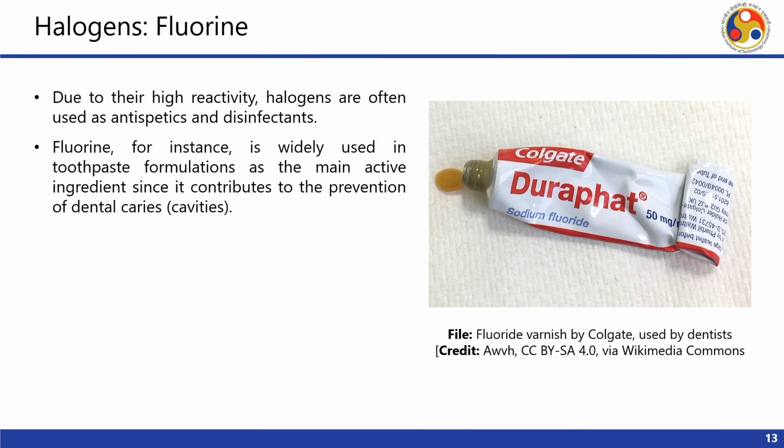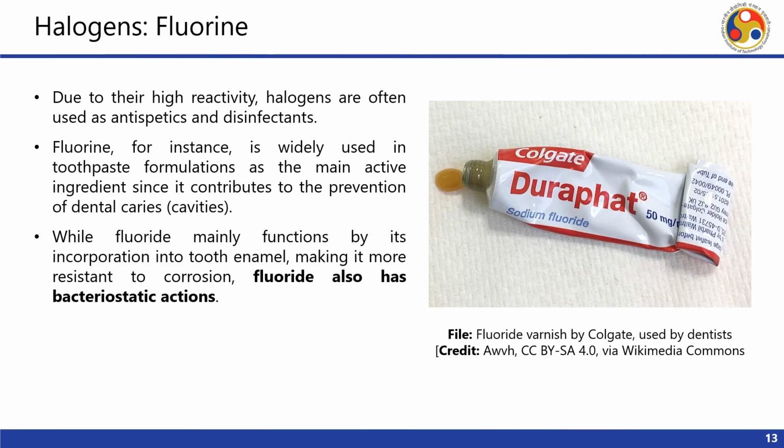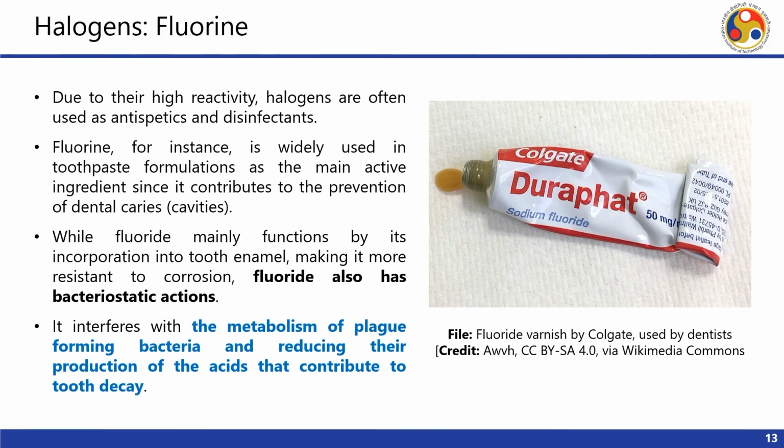Fluorine, for instance, is widely used in toothpaste formulations as the main active ingredient, since it contributes to the prevention of dental caries. While fluoride mainly functions by its incorporation into tooth enamel, making it more resistant to corrosion, fluoride also has bacteriostatic actions. It interferes with the metabolism of plaque forming bacteria and reduces their production of the acids